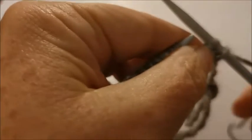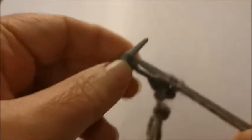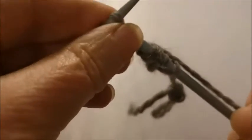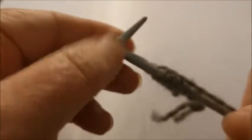So I've done 2, yarn around the back for the knit stitch, push up through the stitch to the back of the needle, yarn around and down, bring the yarn to the front, up, down, yarn and up. Okay, so keep going, knit 1, purl 1, knit 1, purl 1 to the end. So you end up with a purl one. We started with a knit, you end up with a purl, then you turn around to the next row and